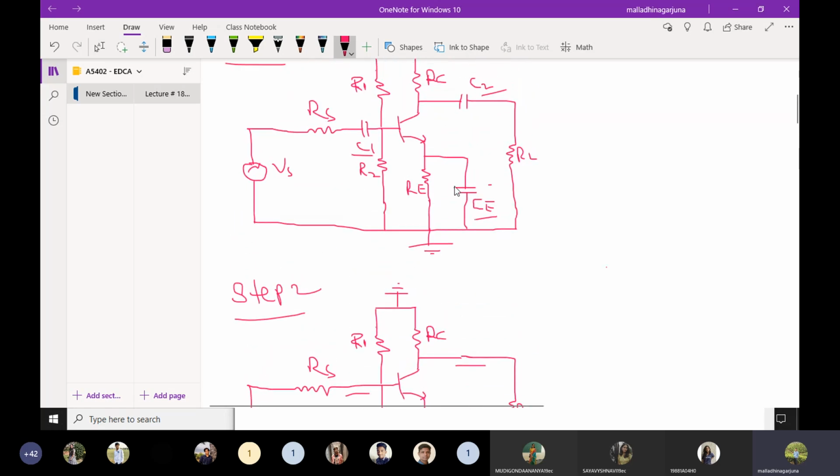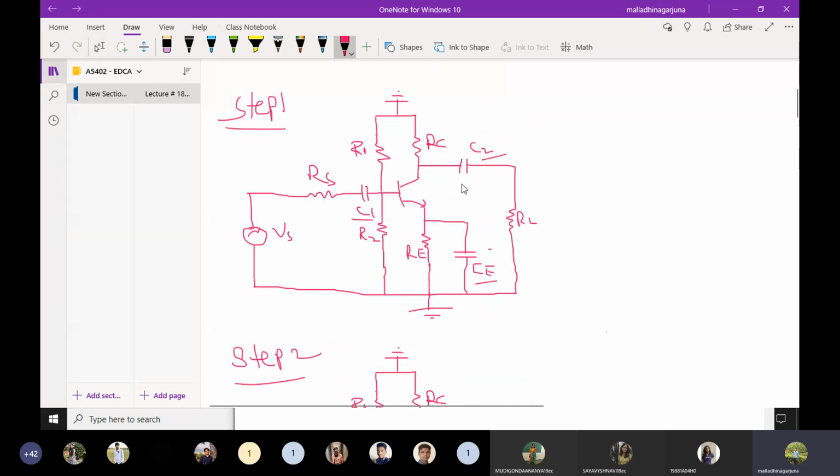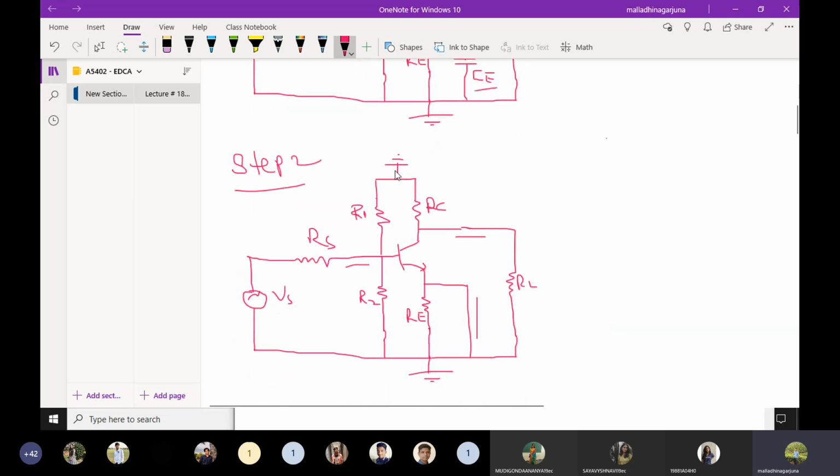And in step 1, there is no big change in the circuit diagram, it is simple. So minor changes we are doing. First thing is we draw the circuit again. The only thing is we replace the VCC with a ground connection. And step 2 is the circuit obtained in step 1. Again we draw the step 1 circuit diagram, but here in addition we are replacing the capacitors with short circuits. So the ground is as usual. This VCC is replaced with ground in step 1. In step 2, the capacitors are also replaced with short circuits.